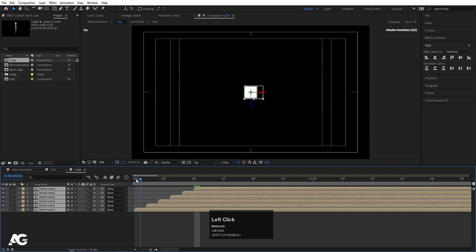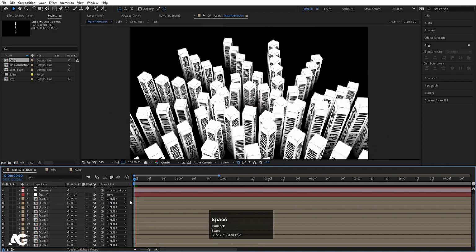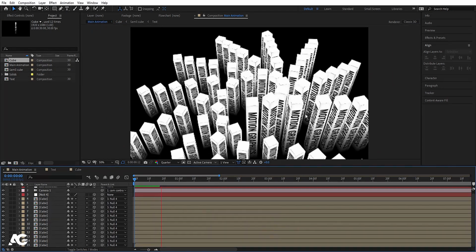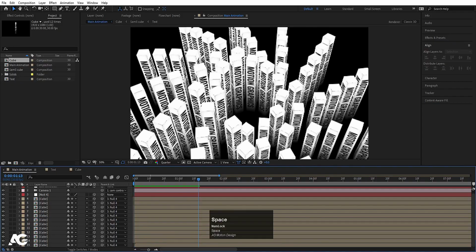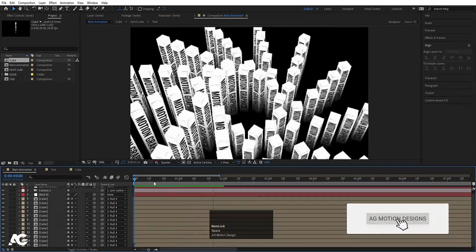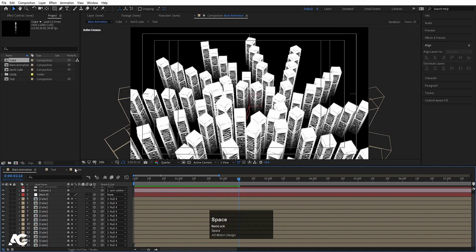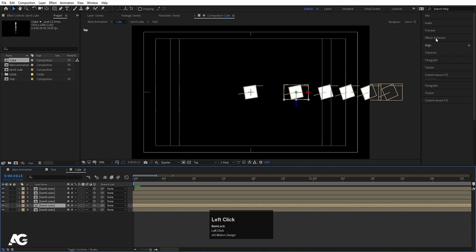select all of them, go to the start, and let's move this over here. So now we will get alternation in this animations also. So it will take a little bit time to load because this is quite 3D stuff, so it will take the time to load. Now go to the cube, we'll select the small cube, we'll go to the effect and